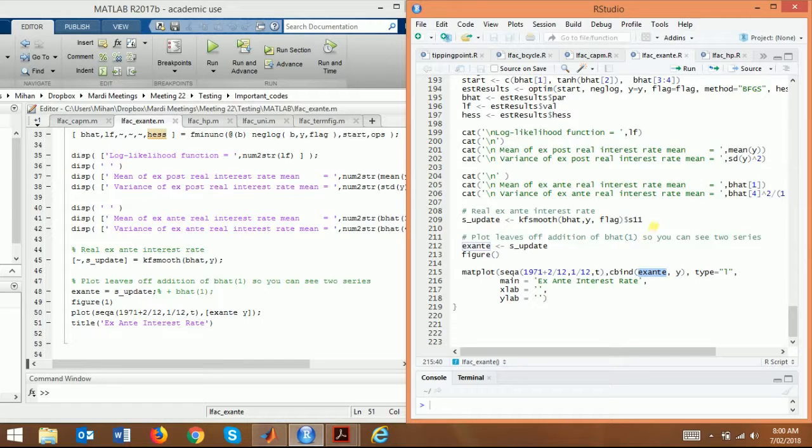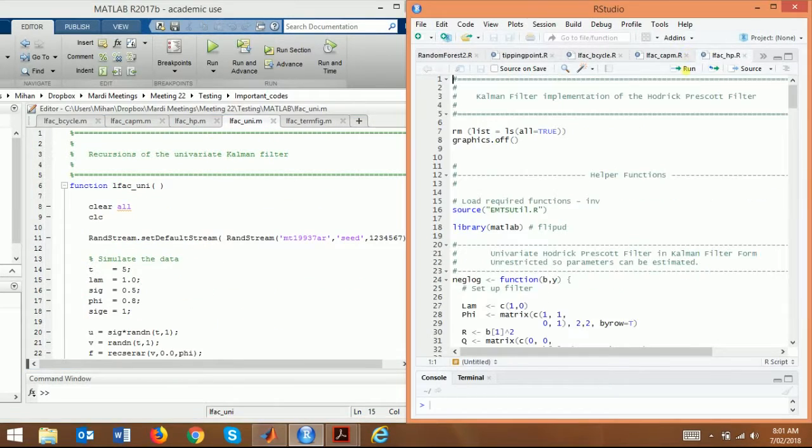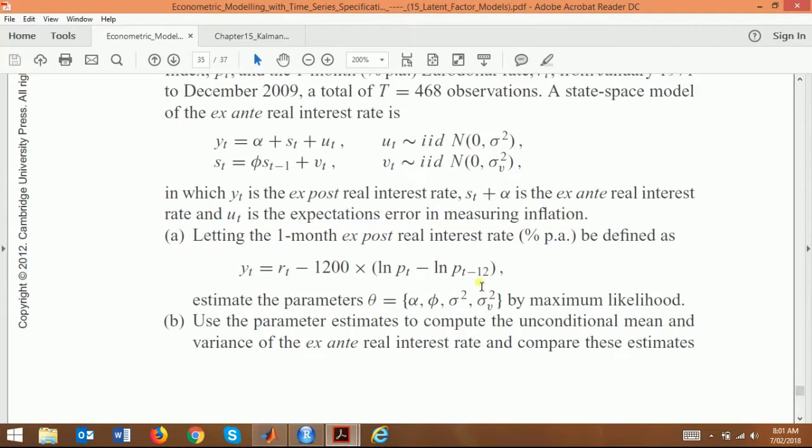Beautiful, right? K smooth is very important because it's smooth factors. It is basically a forecast. It gives you a smoothened forecast. So the ex ante interest rate, we can use it for many purposes. And then the next is